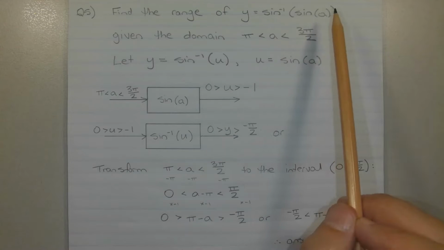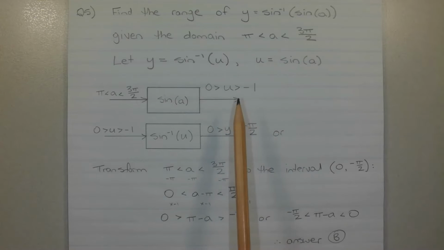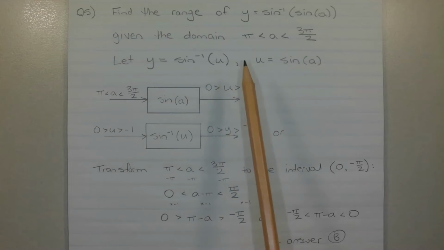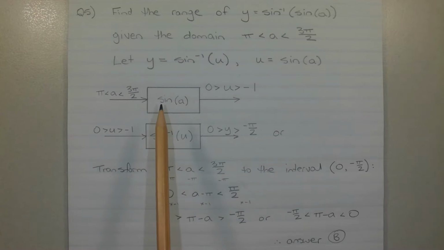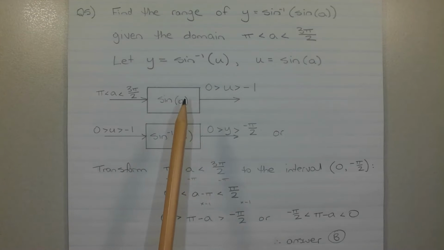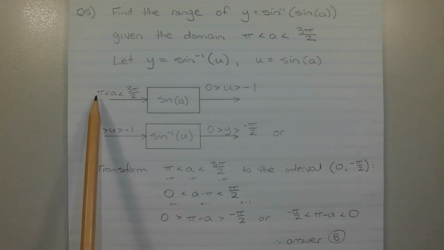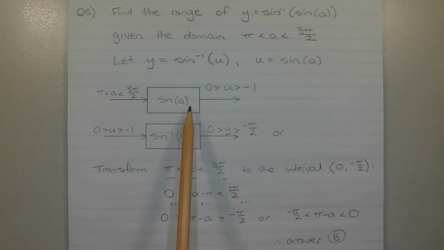What I'm going to do is decompose this composition into two separate functions. So I'm going to let y equal inverse sine of u, where u is equal to sine of A. I can represent this using two function machines. In the first function machine, we put in an input A from pi to 3 pi over 2 into sine of A,